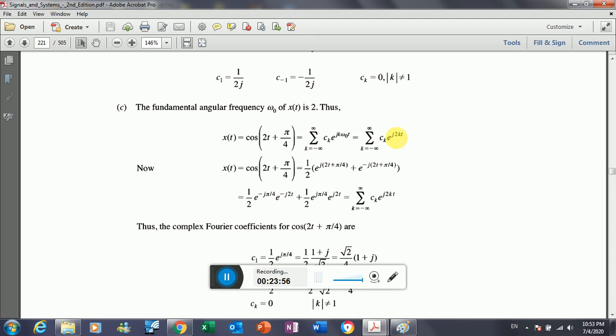This becomes e raised to the power j 2k t, because the value of omega naught here is equal to 2. Omega naught is equal to 2. Now applying Euler's identity again, this will become 1 over 2 e raised to the power j (2t plus pi by 4) plus e raised to the power minus j (2t plus pi by 4). Again separating the terms, and comparing it with this equation,